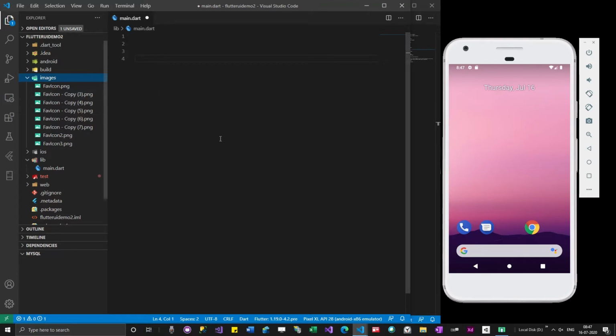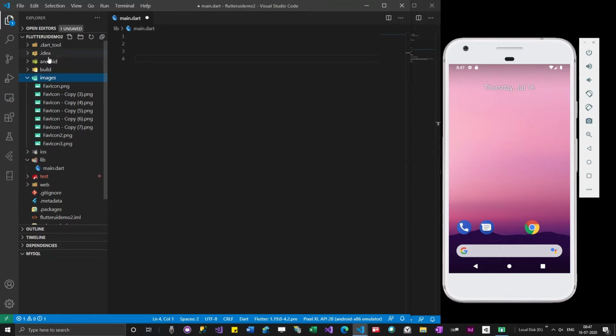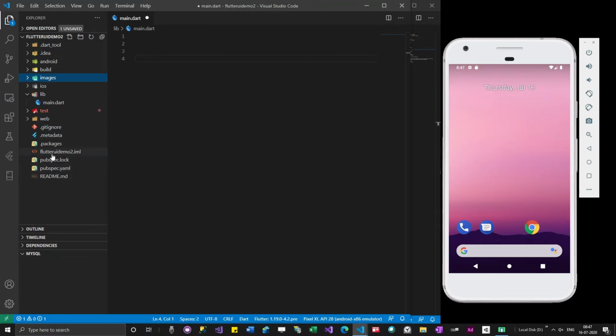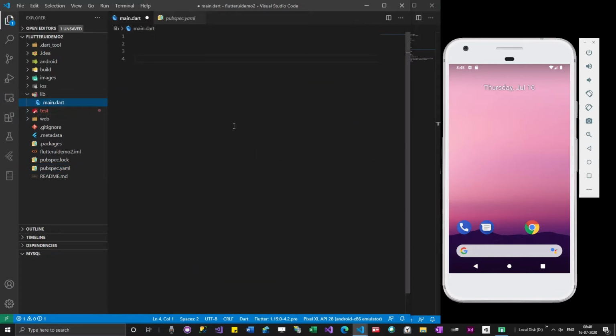That will also add to the size of the app. Any file, I'm not sure if you add some file to the Android folder, it will add to the size, but images, because you have given that in the assets, will add to the size. So if you are really concerned about the size of your app, these are the things you should take care of.